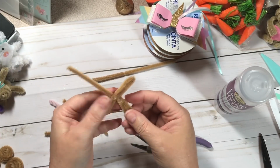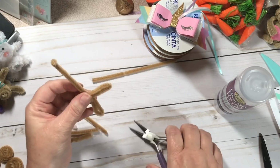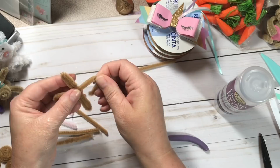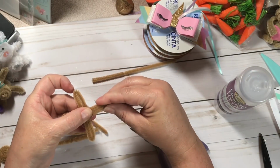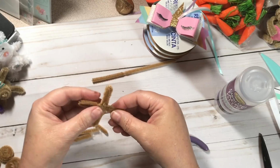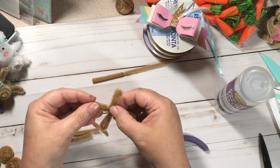I hope this is making sense, and I hope I'm staying in screen for you. I'm looking at my computer screen here and trying to stay as in screen as I can. I hope I don't run out of battery. If I do, I'll just charge my phone and come back and finish the video, but you'll never know it